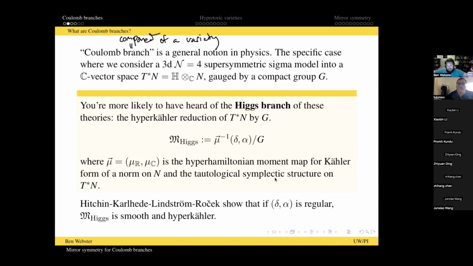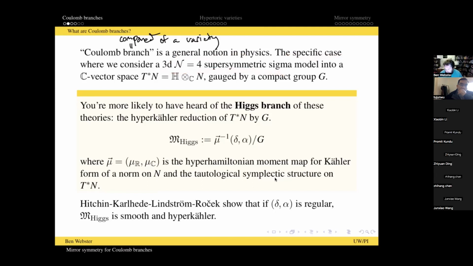You could think of it as an algebraic variety, and it would have a bunch of components, and there's one special one called the Coulomb branch. But this is a notion that shows up in many places in physics, so there are lots of different kinds of theories that have different Coulomb branches with different kinds of structure. So the specific case we're considering is